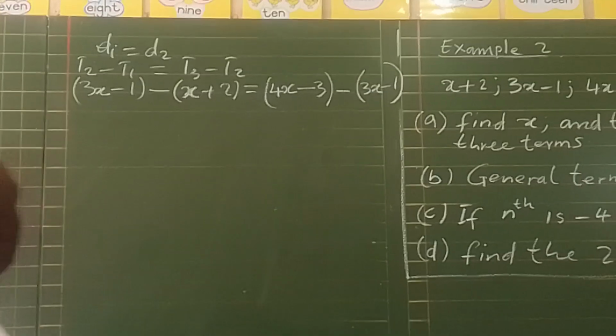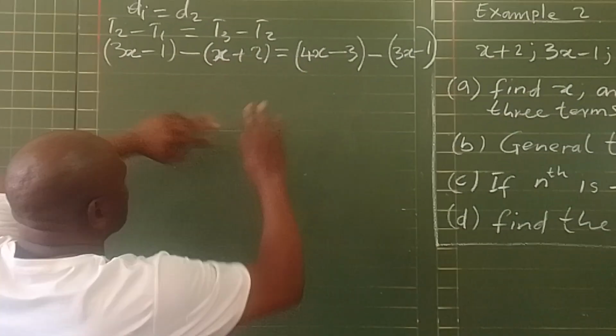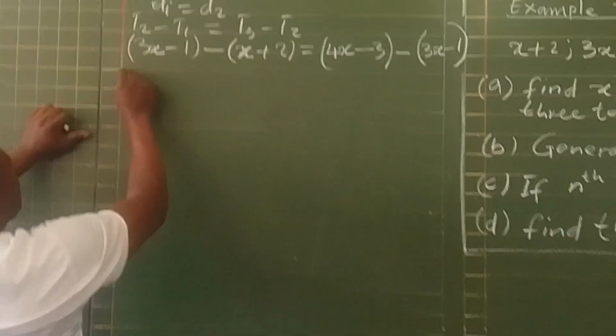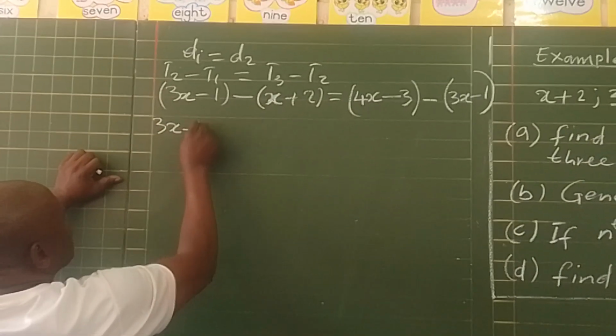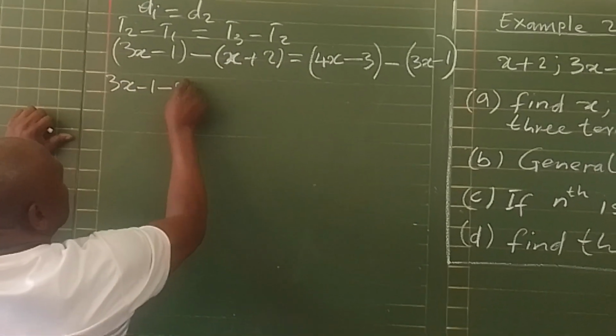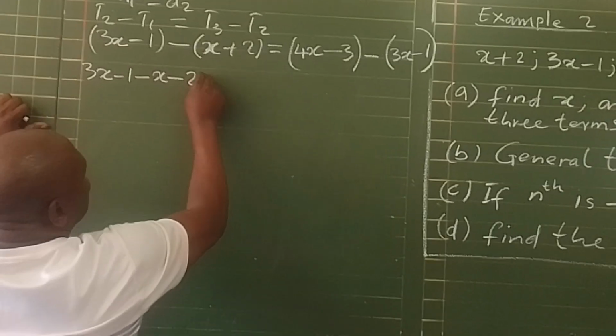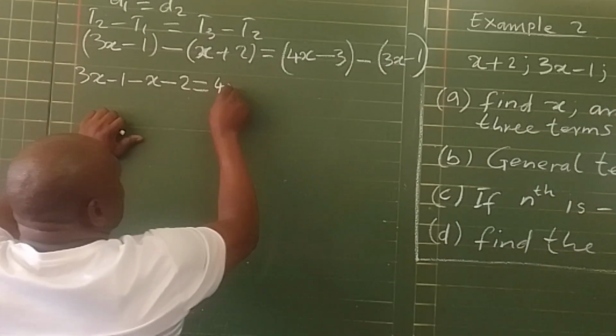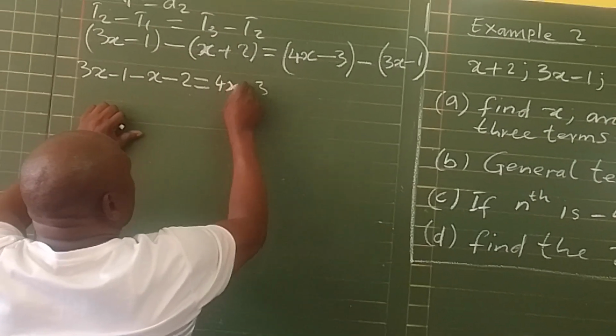This is what you have. Now, let's just open up our brackets to see what we have. It's 3x minus 1 minus x minus 2 is equal to 4x minus 3